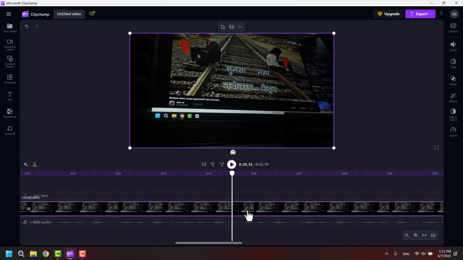Then click on the S button, which will split the video. It is the shortcut for splitting. If not, you can see the scissors icon. You can see the shortcut is split S right here. Then here,